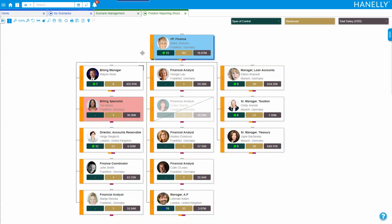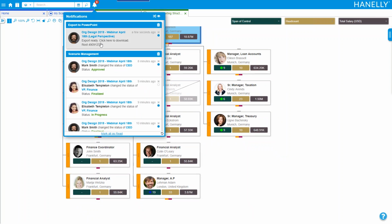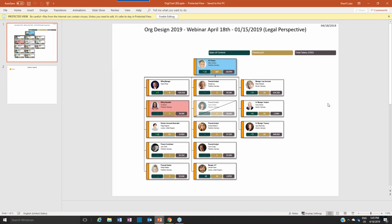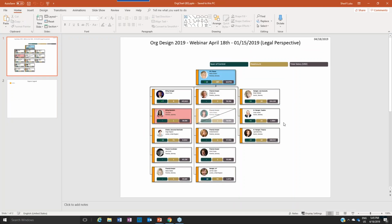Again, the application works the same way. You don't get this annoying working on your request icon, which blocks you from continuing to work. Actually, you can continue working. Once it's ready, you will get a notification here. It will tell you that the export to PowerPoint is ready. You can go ahead and download it, and this will then open a presentation where you have the structure displayed